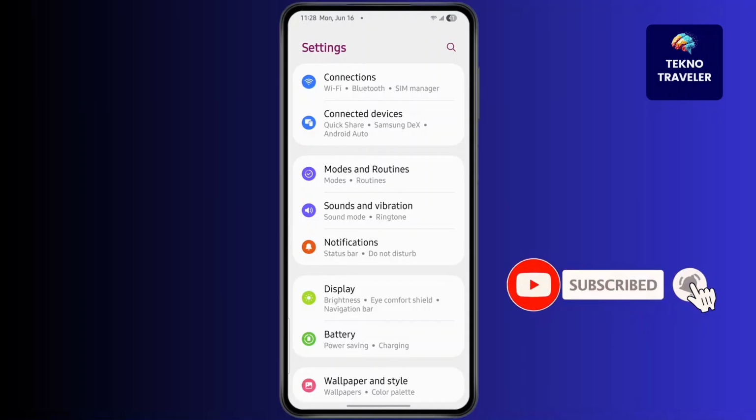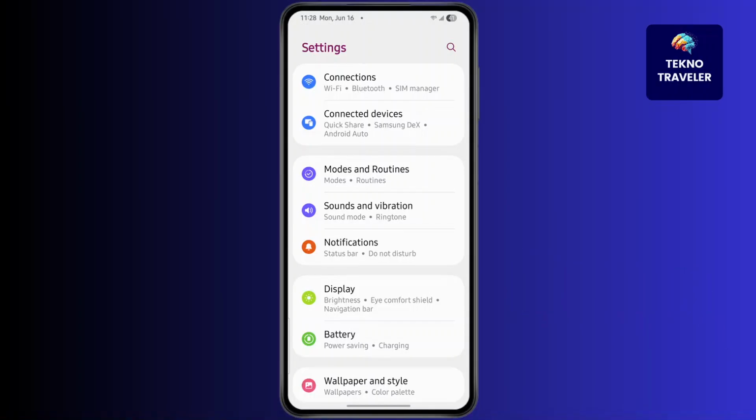Today I'm going to show you how to double tap to turn on and off screen in very